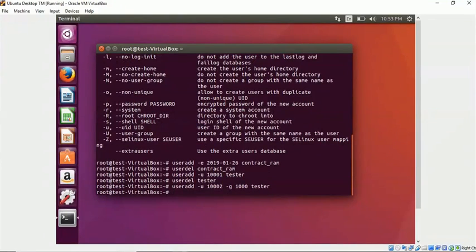Okay, yes, now you can add a user. Now you have added a user with a user ID and group ID. The user ID of the user is 10002 and the group ID is 1000. You can see here, cat /etc/passwd